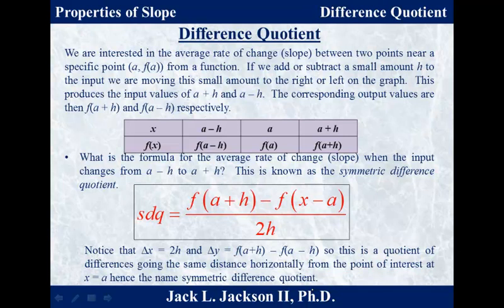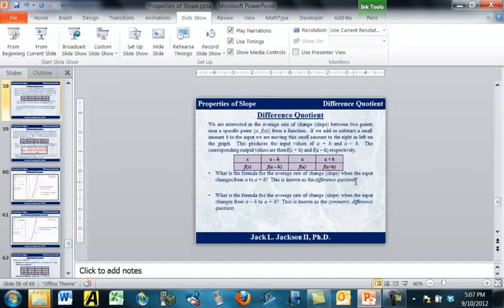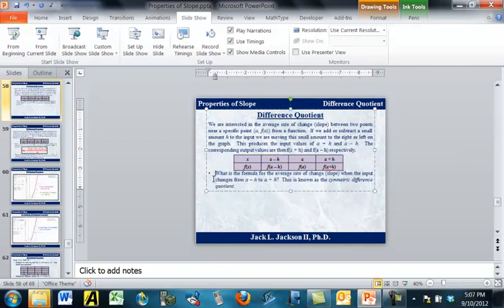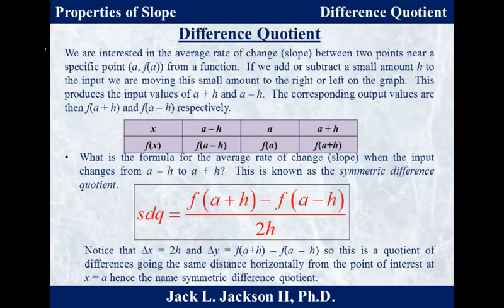Okay, so the symmetric difference quotient is f of a plus h minus f of a minus x minus a. No, that's a minus h. That's wrong. In fact, let me just fix that now. This should be a minus h. But notice that I don't need this. Okay, there we go. So notice what I'm doing is just taking this last point and the first point and